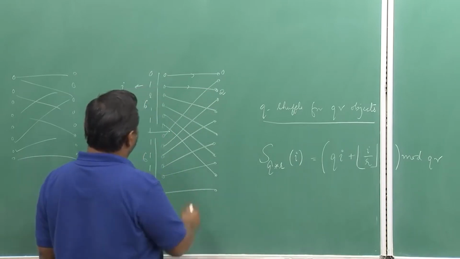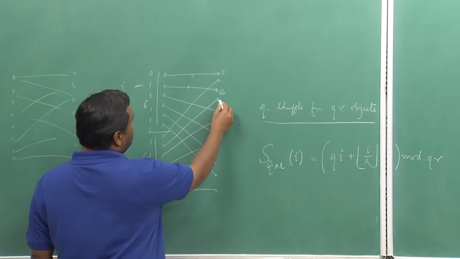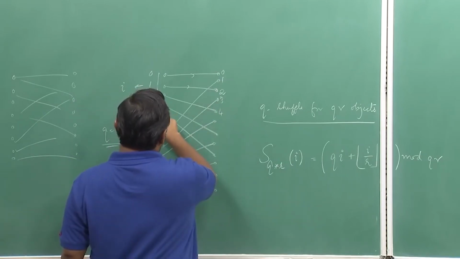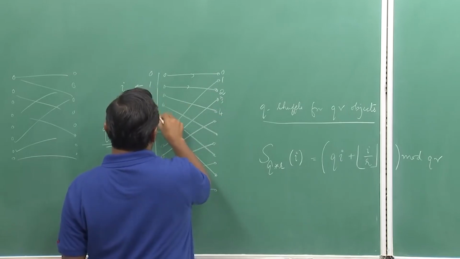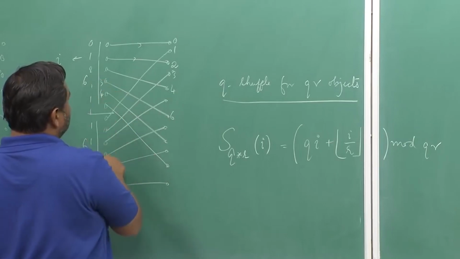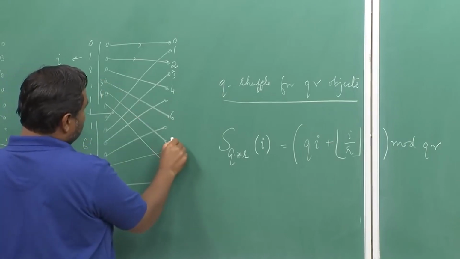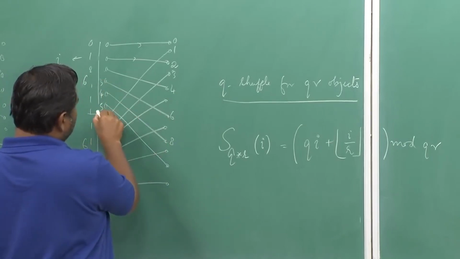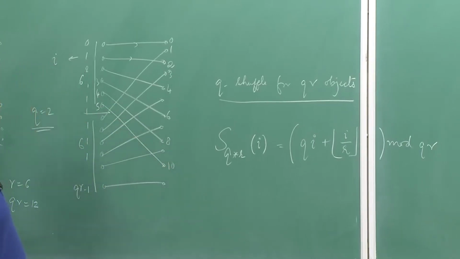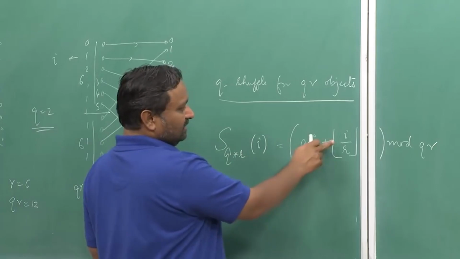For value 2, it connects to 4. Three will connect to 6, 4 will connect to 8, 5 will connect to 10, and when I go to 6, 6 will connect to 6 into 2, which is 12, and